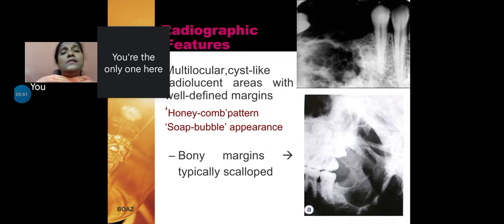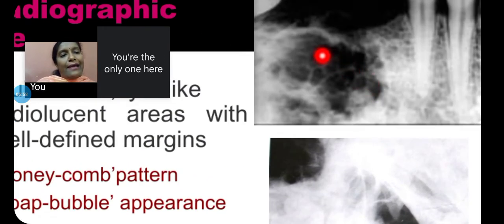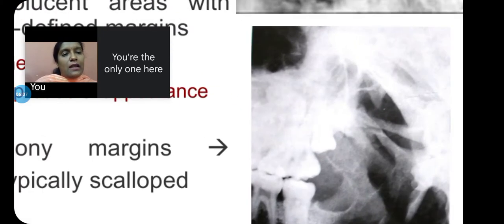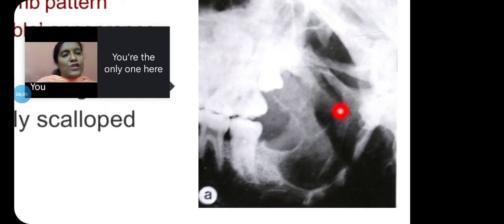Okay, so it's a radiolucent lesion surrounded by a sharp radiopaque border. See, all these dark black areas are radiolucent areas, and the borders of it are radiopaque areas. Okay, so this is one large one. If you can appreciate it here, see, numerous ones present, and this mandible is so involved that the lesion, the radiolucency, is going down to the